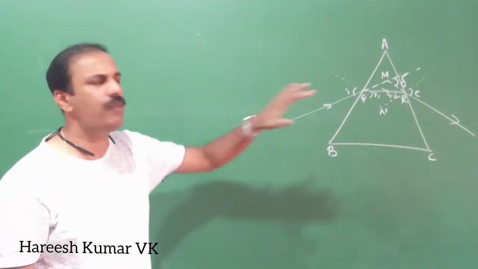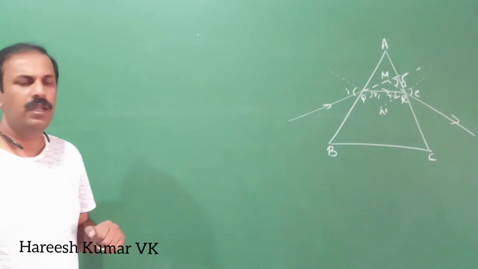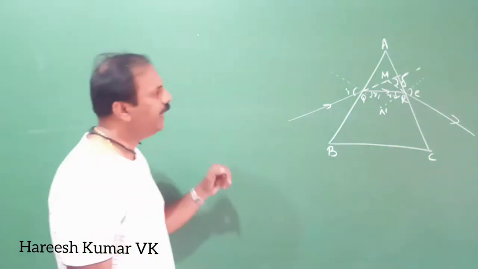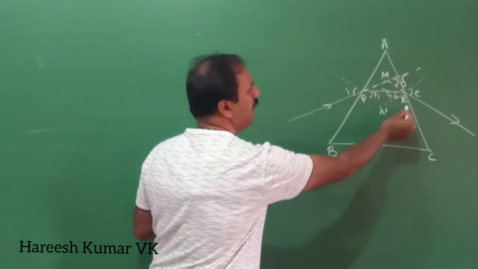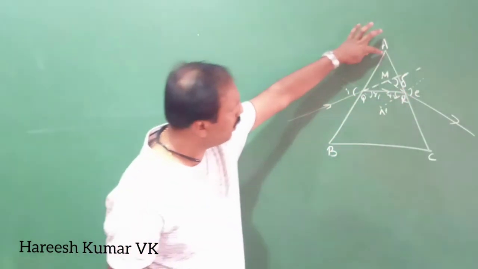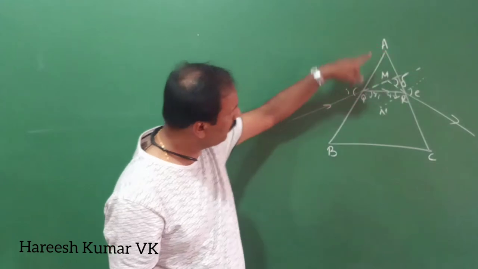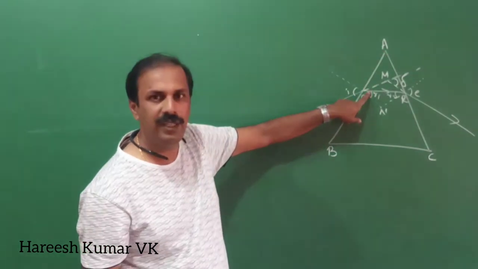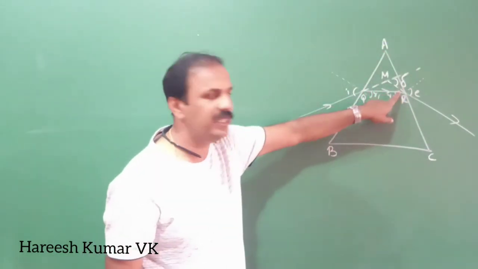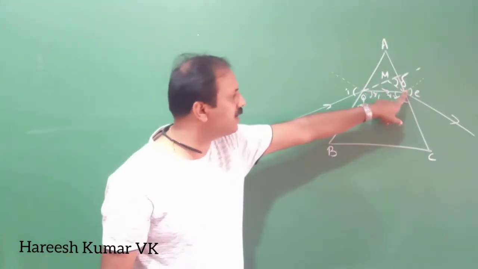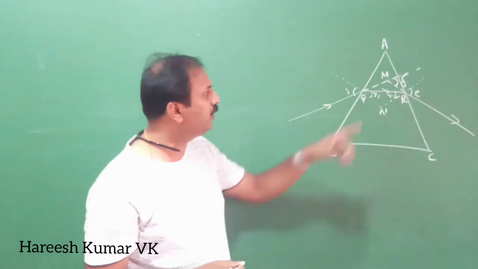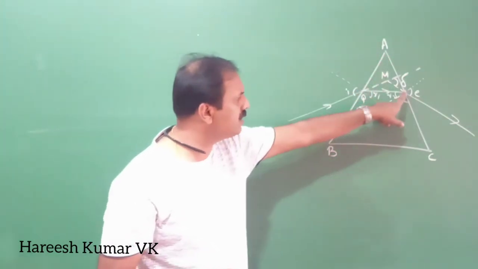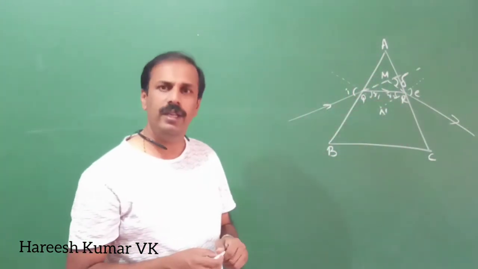Now we have to go for some geometry of this. See here, if you take a quadrilateral like this, A, Q, N, R, for this quadrilateral, here it is 90 degree and here also it is 90 degree, as these two points at the sides are 90 degree. If you take the total, this is 90 and this is 90, so the total will be 180.